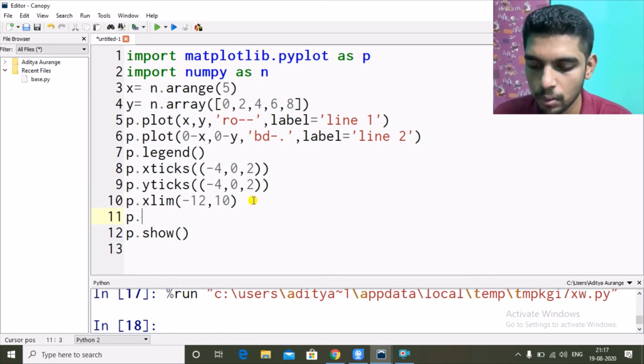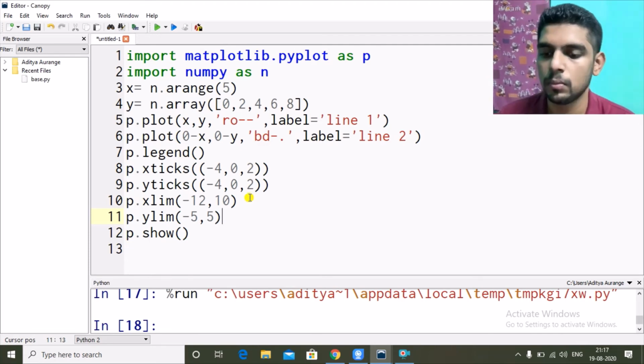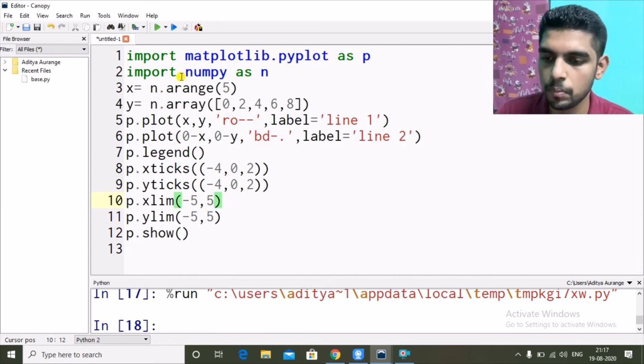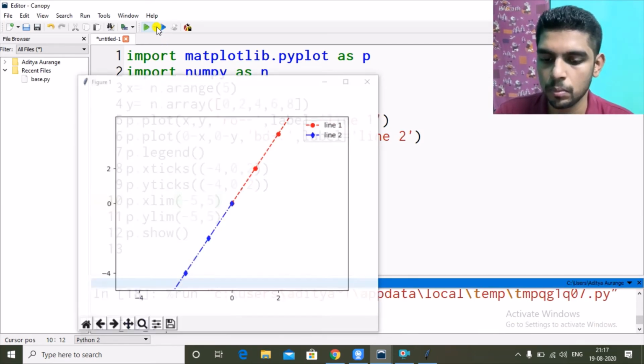plt.ylim, -5 till +5. Let me reduce this, -5.